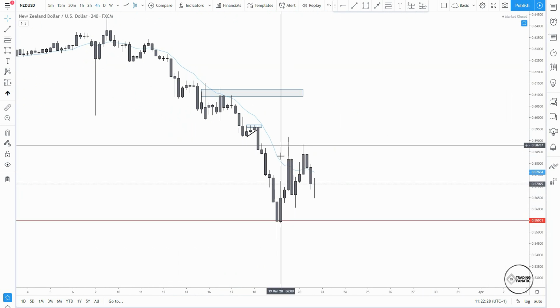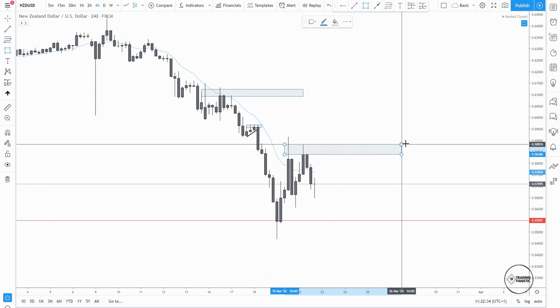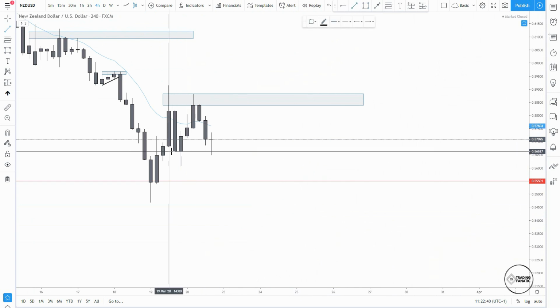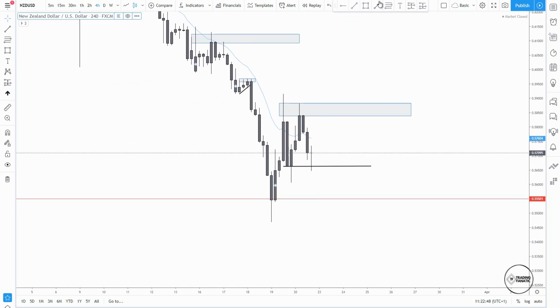We pushed up, potential lower high, then we attempted to push down but failed actually, and currently sitting at this area. So it's still looking bearish to me, but what I want to see is how the market will react to this area right here, because this is forming a potential higher low. And if the market finds support from this and gives me some bullishness at the beginning of the week, then